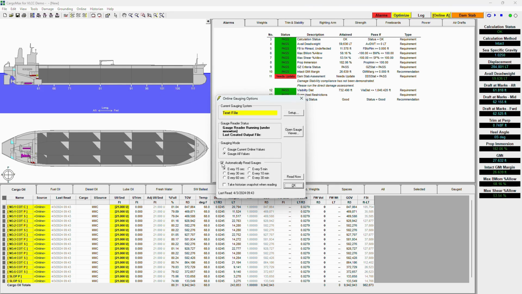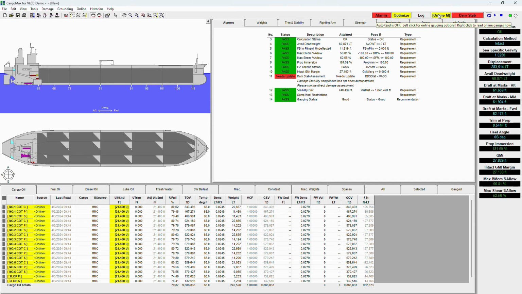If the automatic interval is not selected, the online values will only be updated when the user demands it. That can be done through the Read Now button here, through right-clicking on the Online button in the toolbar, or through the online menu Read Gauges Now. Going back to the online gauging options,